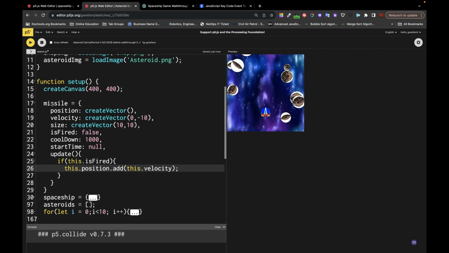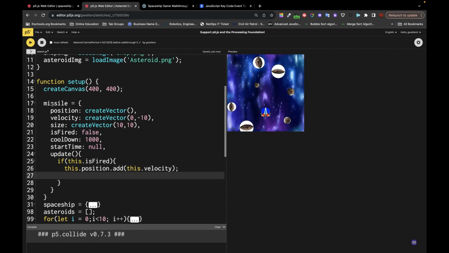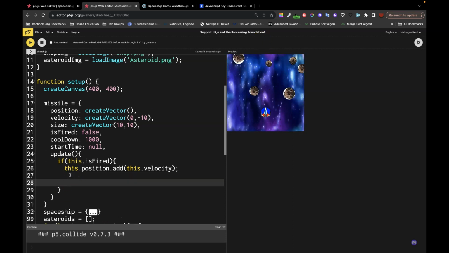And then we want to check in our update if we are off the screen, we want to reset. We could use the asteroid one, but really our lasers are going to be firing from our spaceship straight up, and so if it's off the screen up here, that's all that we got to really check. We just got to check that it's basically off the screen. So I'm going to just check if this.position.y plus this.size.y, since we're doing our collision box pieces, I'm going to just do